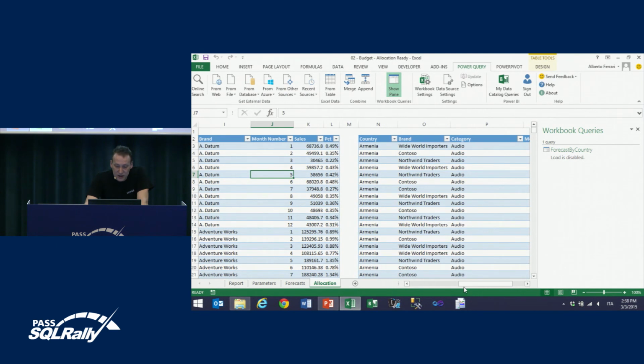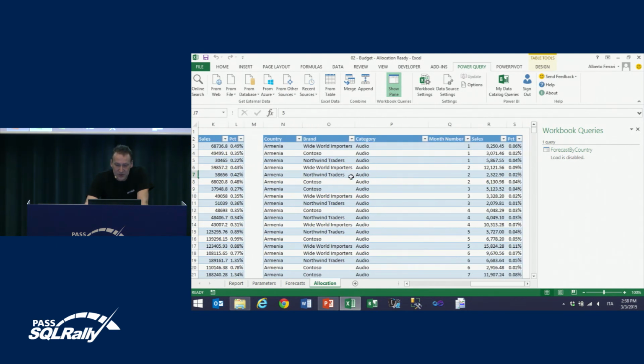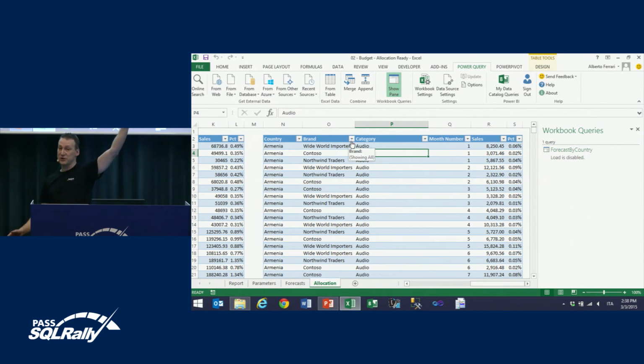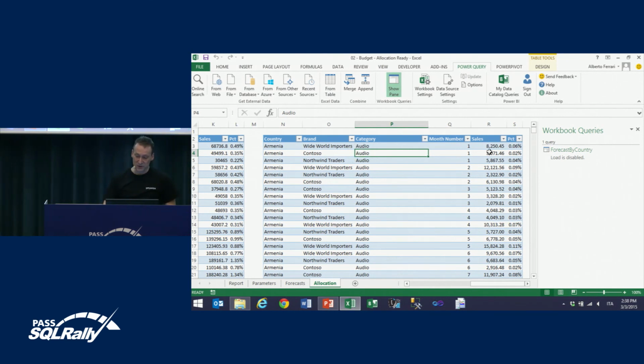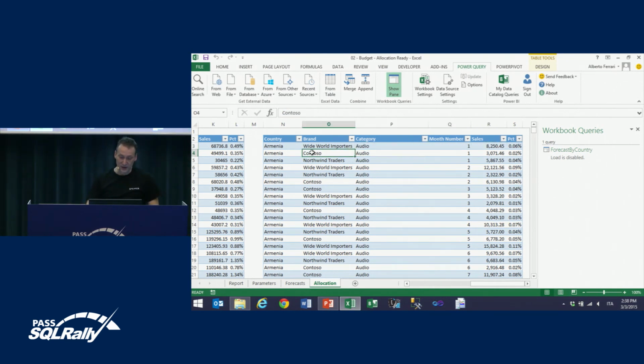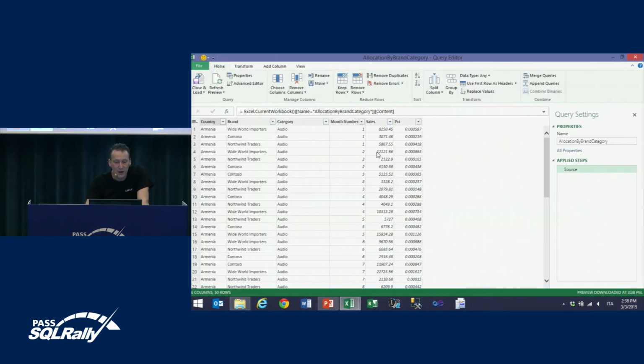The country needs to be reallocated using both brand and category, because the country only contains the country information, so we will do the match by country and do the reallocation by using the percentage by month, category, and brand. So we need this table, and again, in PowerQuery,